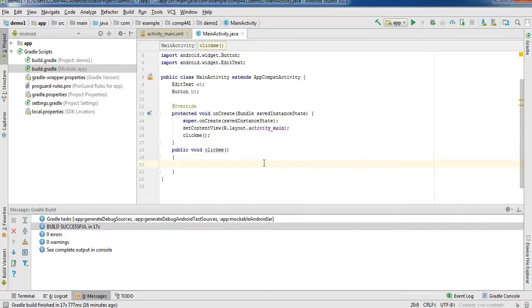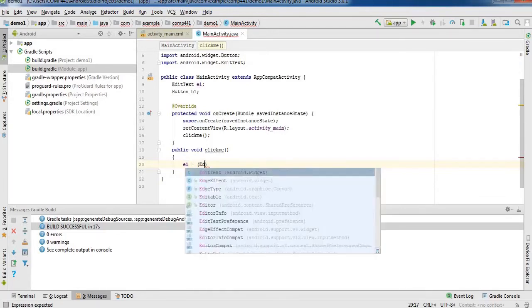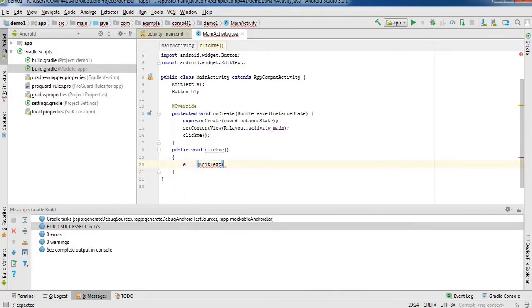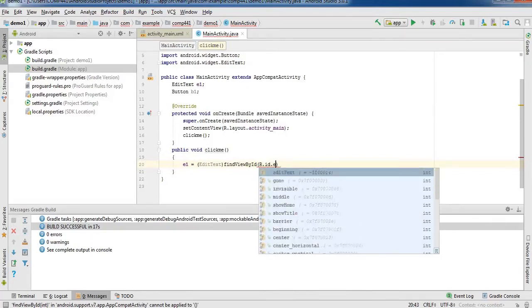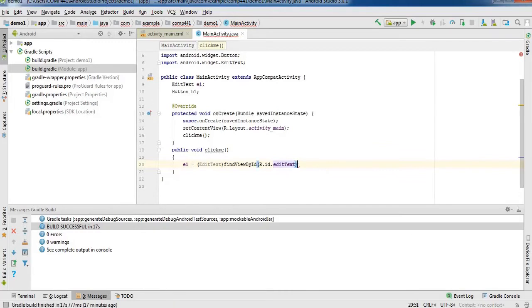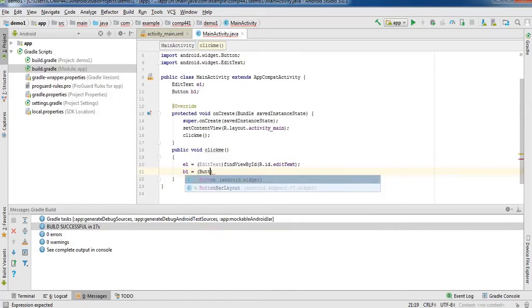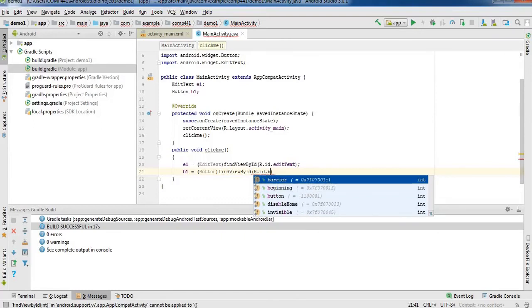E1 equals to, this is edit text, and findViewById R.id.edittext; semicolon. And we also have B1 equals to, this is a button, and again the code is findViewById R.id.button, that is button.